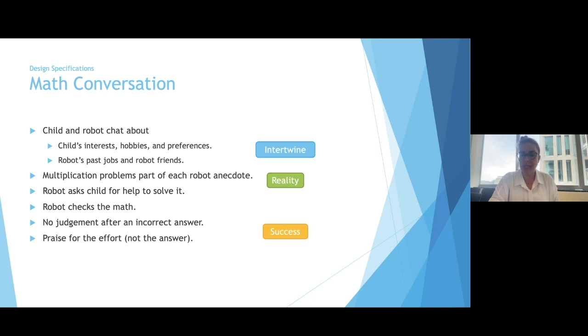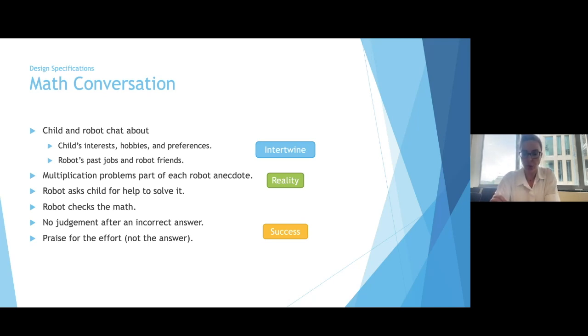It also means that we provided this reality, what I said before, to ground it in a real life context, so that the child would realize that it was grounded in reality, and that the child was actually praised for the effort and not for having a good or bad answer. So it was really praised for the effort, and it could also help ask for help.